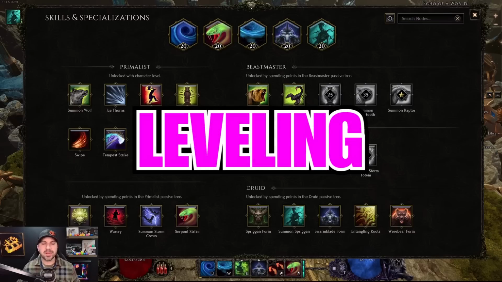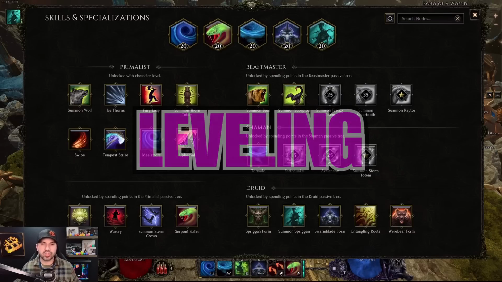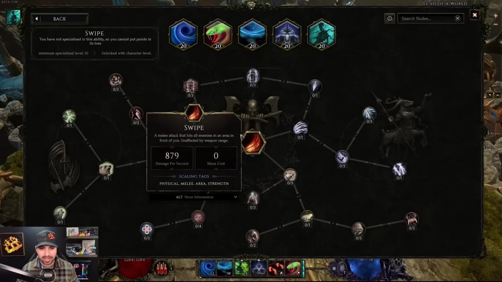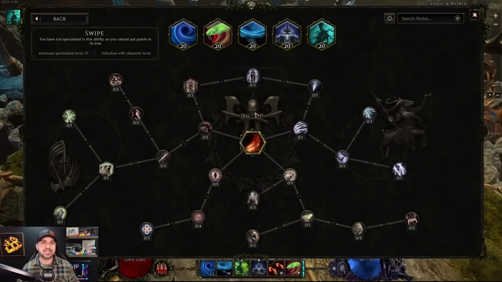Last but not least, let's talk about leveling up your Lightning Nado Swarmblade. There are 3 skills that you want to grab. Okay, the first skill you want is Swipe. This is the main leveling skill for any Primalist. And what you want to take